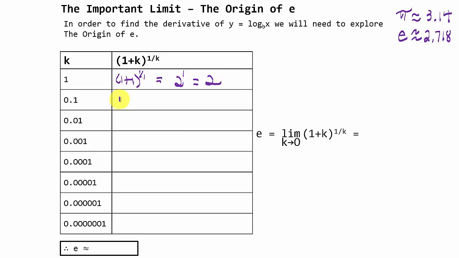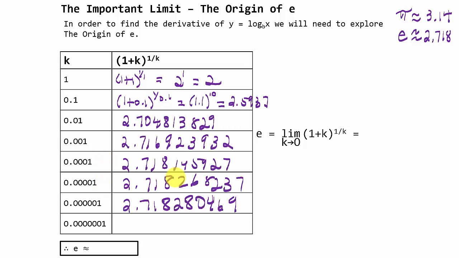K value of 0.1, we're going to have 1 plus 0.1, which is 1.1 to the power of 1 over 0.1. 1 divided by 0.1 is 10. 1.1 to the power of 10 gives us 2.5937. I'm going to continue to do the same thing with these k values as they approach 0. Now we can already see that as k gets closer and closer to 0, 1 plus k to the power of 1 over k gets closer and closer to